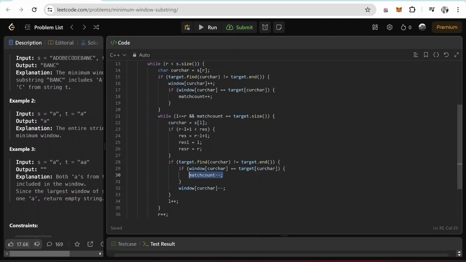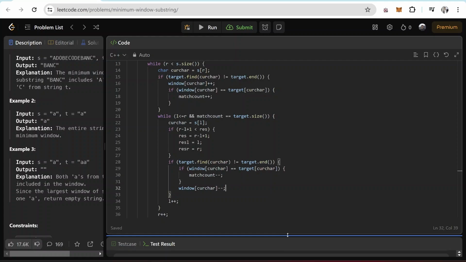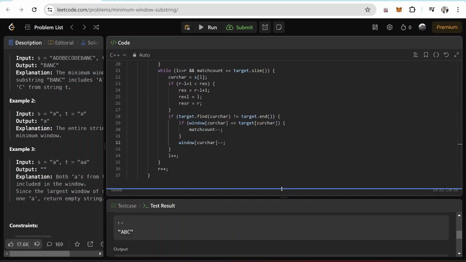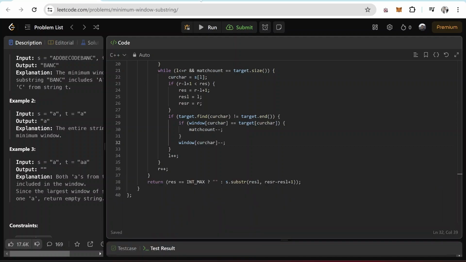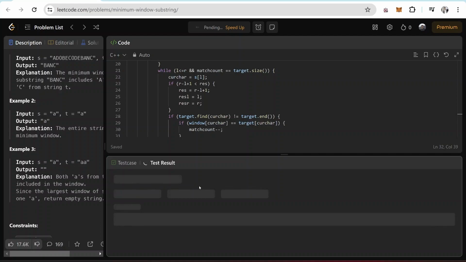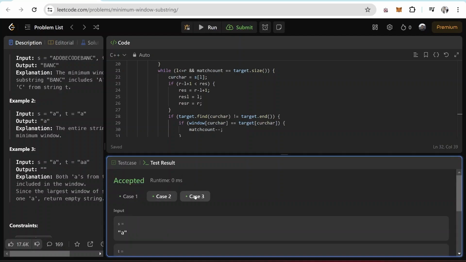And that is when I'll reduce the match count. And after I've done this, then I'm reducing the count from the window. So I think that was the issue here. Let's try running it once more. Okay, all the 3 sample test cases worked.